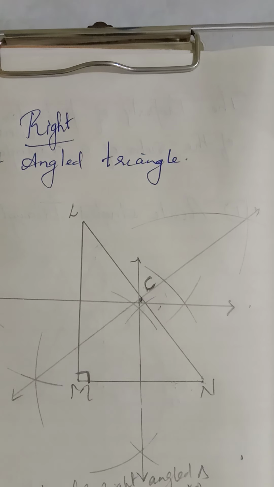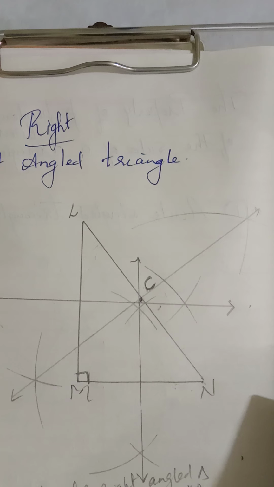Okay, and then children you will be solving practice set 1. Question number 1 and 2 we have already done. So question number 3: draw an obtuse angle triangle and a right angle triangle, and find the point of concurrence of the angle bisectors. Now the third question children, you are going to draw an obtuse angle triangle and one right angle triangle, and here you have to draw the angle bisectors. We know the angle bisector, right? So you will be drawing the angle bisectors for the third question.